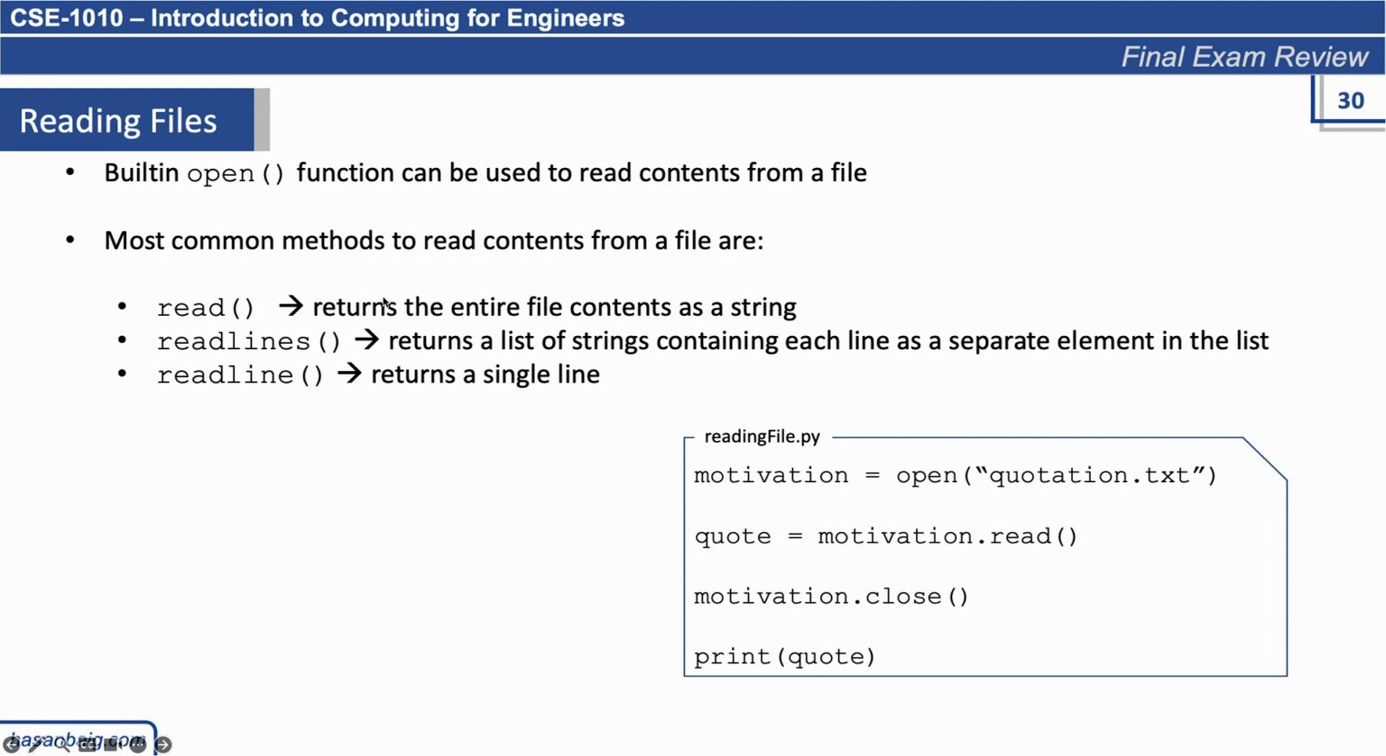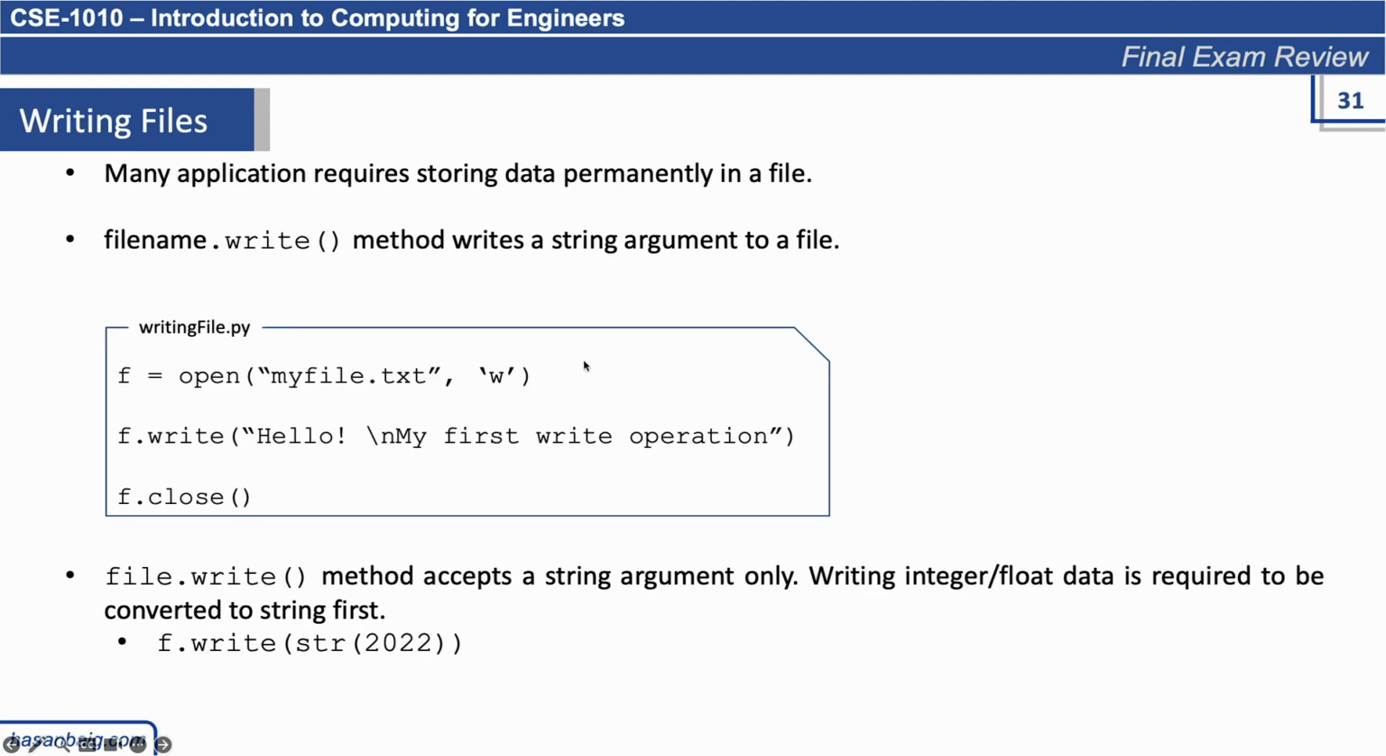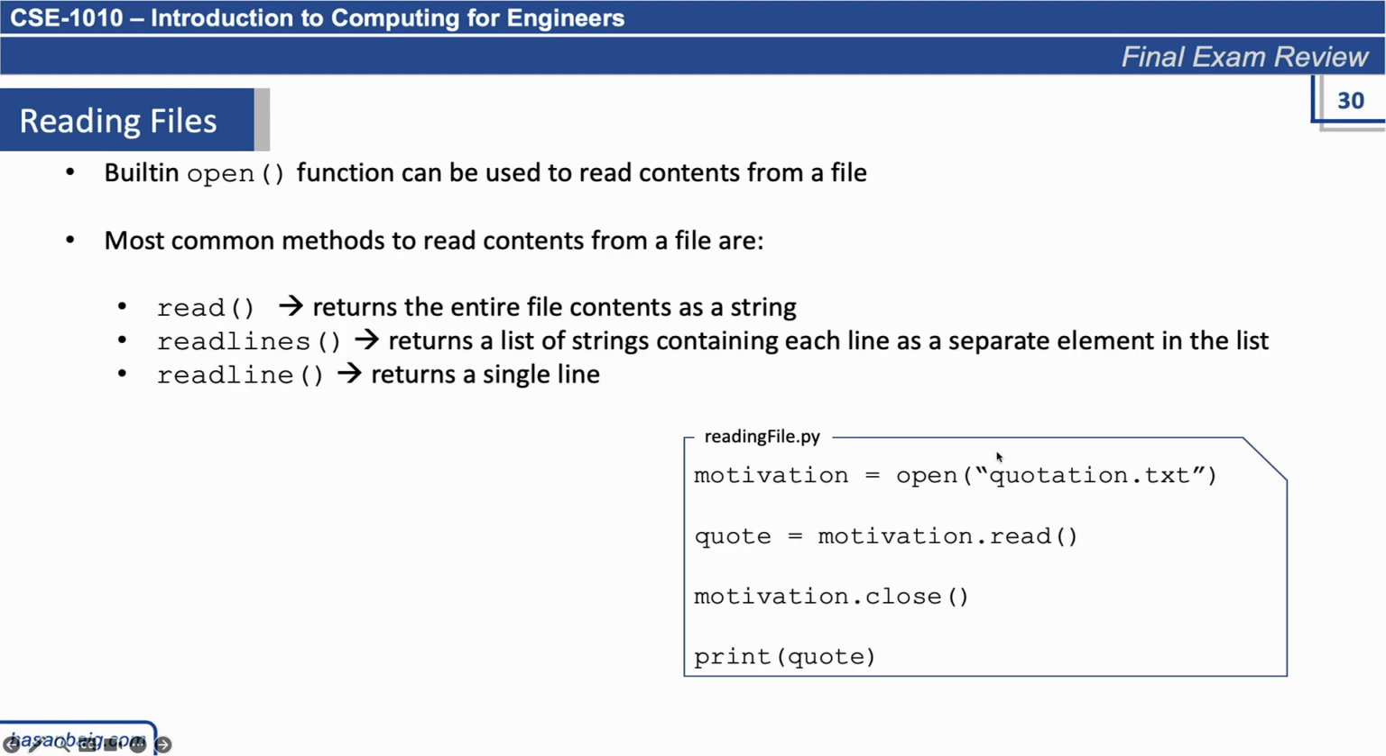Either read the entire data as a single string, or we can read the data line by line. So readlines would return a list of strings, and each element in the list would be considered a separate line in your file. And readline would return a single line. So here, for example,